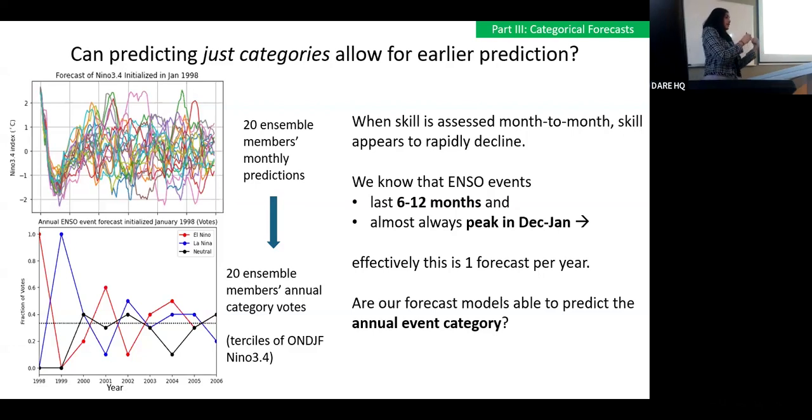you initialize a forecast in each year. So it starts in 1960. You initialize a forecast in 1960 and run it out for several years, see what the model predicts. Then you take 1961, observed conditions of the world go in at that year, make a prediction from there, 1962, and so on. So you have this series of predictions, and so you can test how skilled your model is over many, many years that way.